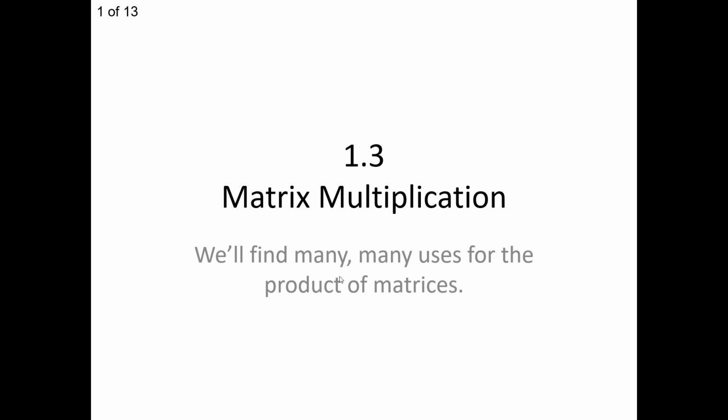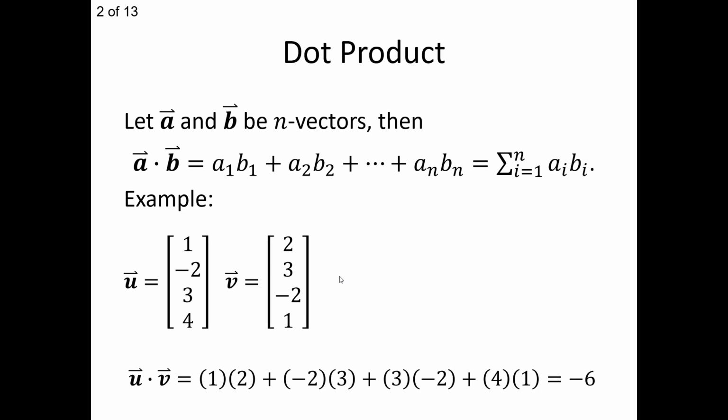Where we start is actually with a familiar product to us, and that would be the dot product. We can form a dot product of n vectors. So let's let A and B be n vectors. Remember, n vectors are those where we form each element within an individual row, and we put that in just one column. So we have A dot B, which is exactly the same way we saw it within our